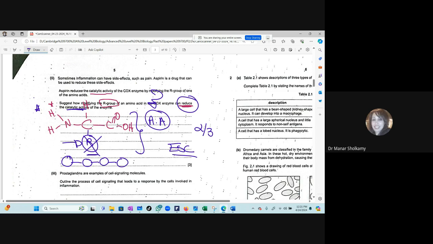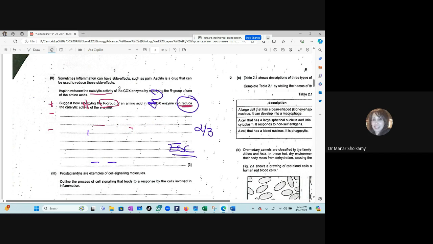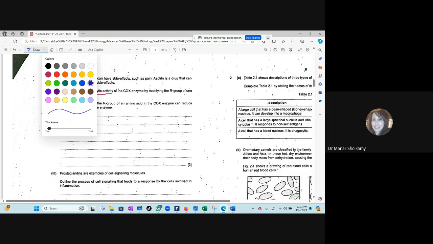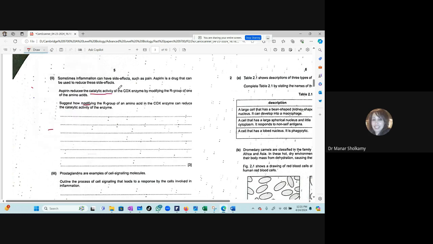Okay. So if we want to write a model answer, we don't have the mark scheme. I couldn't find it, but always when you have questions like these, especially if they are 3 marks and above, write everything that crosses your mind so that you are sure that you get the full mark. You don't know exactly what they want. So let's write it from the very beginning: when the R group changes, it's going to change the type of the